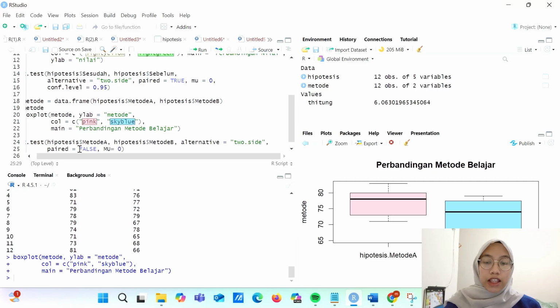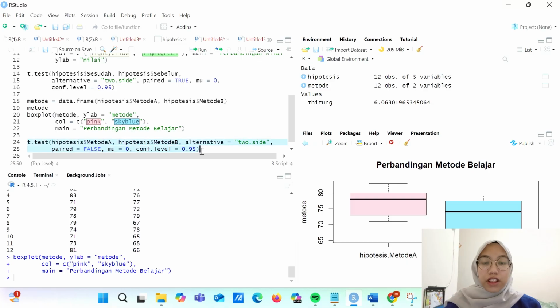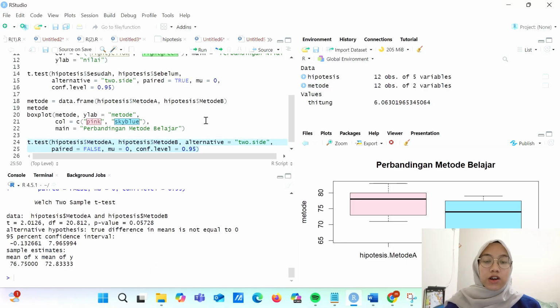Here we can see the result: the p-value is greater than 0.05, which means that there is insufficient evidence to conclude that the methods are significantly different.